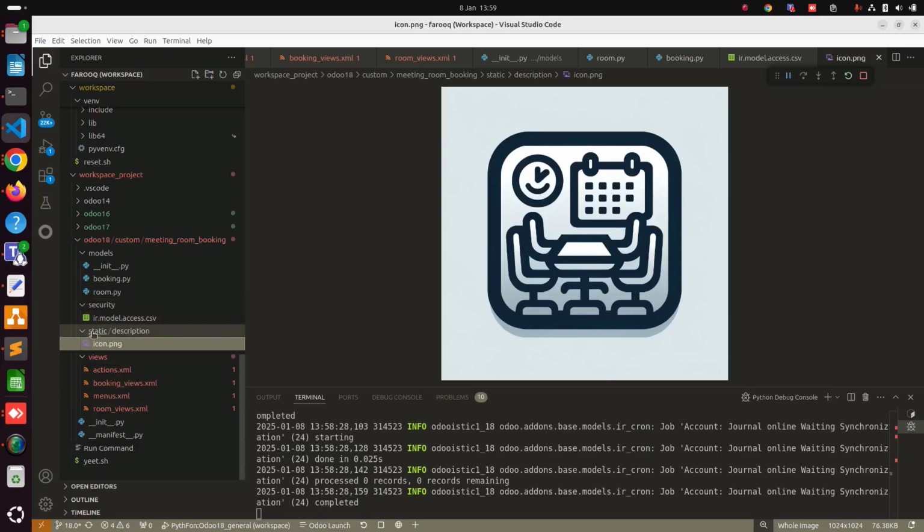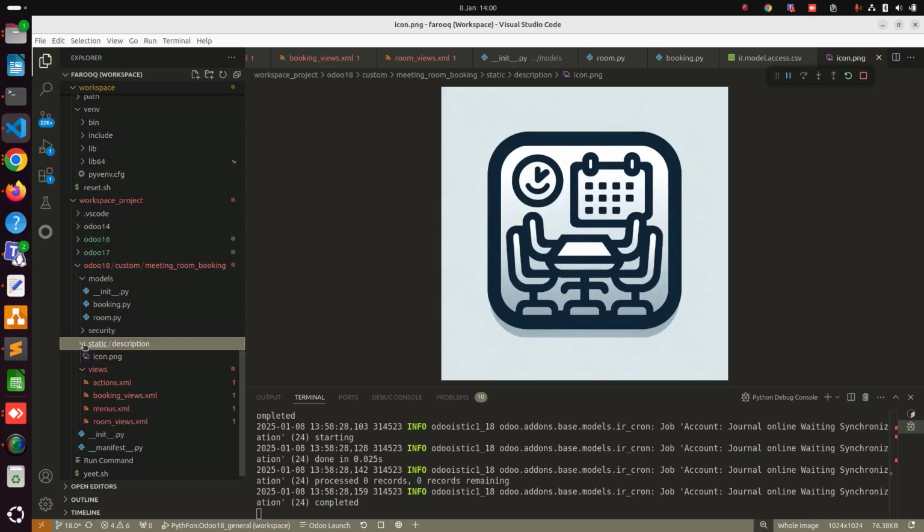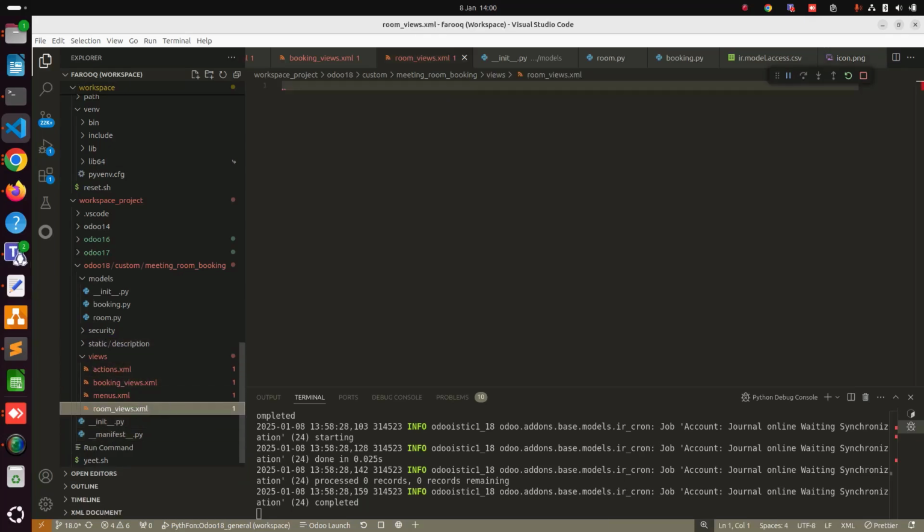which I have saved for this module, and we will also use this picture for the icon of the menu for the application as well, when we will see our new application shining on the Odoo dashboard. Okay, so this is security, this is static, and now it's time to touch views. So number one, we will go in